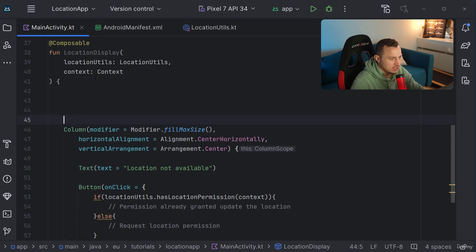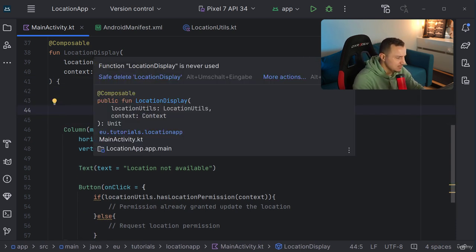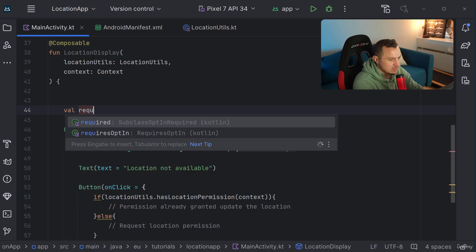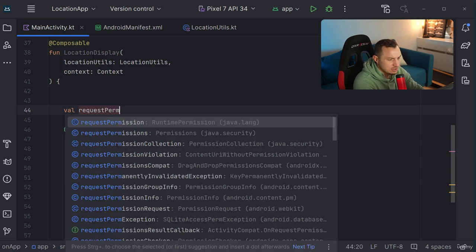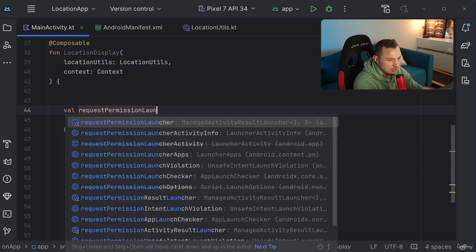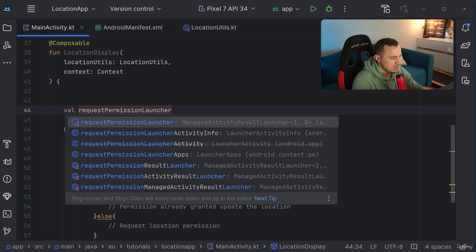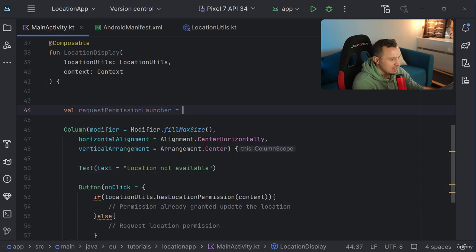So before this column inside of my location display composable, I will request the permission launcher. All right, and this will be a remember